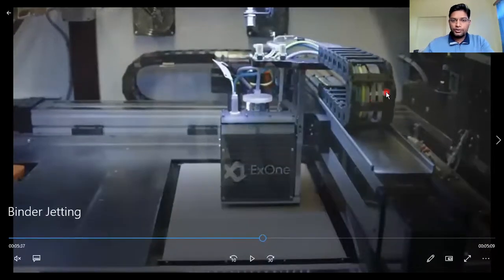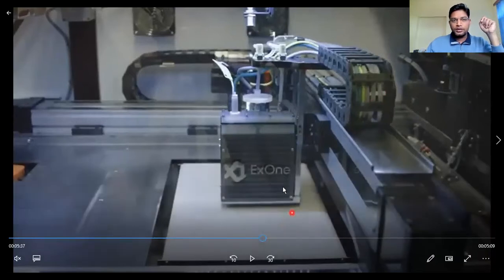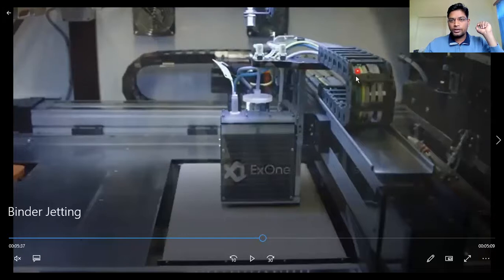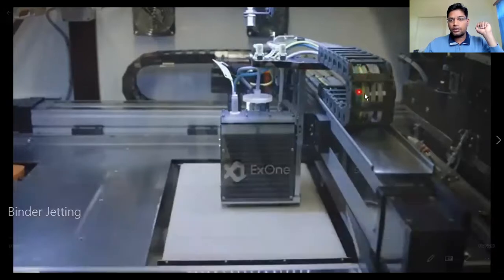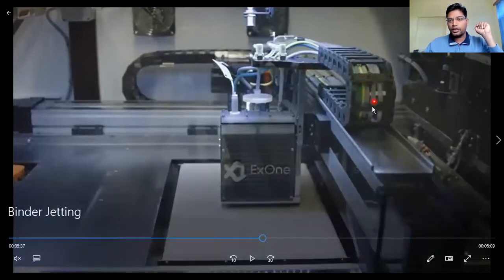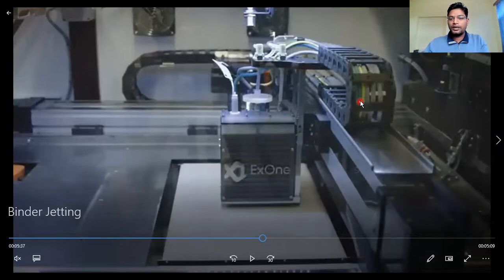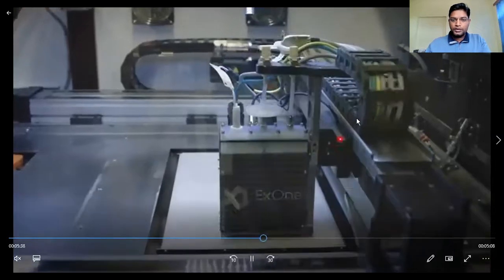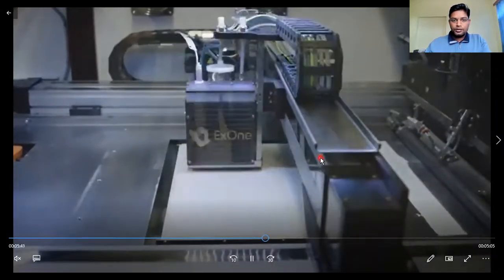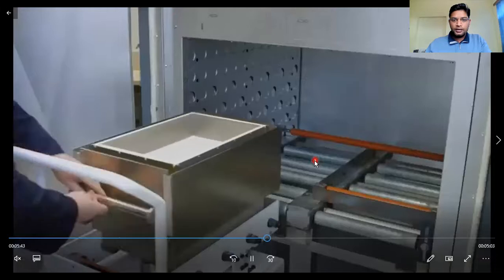So here I want to show you that whatever powder was there, using the laser we can solidify those materials. After that, if you see, there are different color codes, yellow, blue, gray. This is the setup where, over the layer of material that gets solidified, whatever material you need will be spread using this technique. By using this head, it is depositing over that surface.